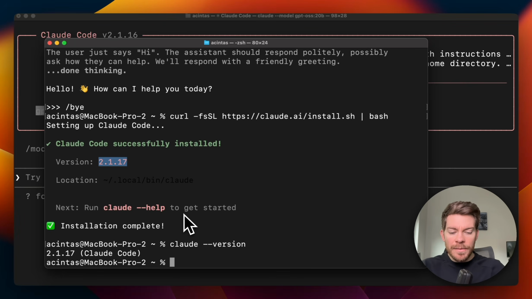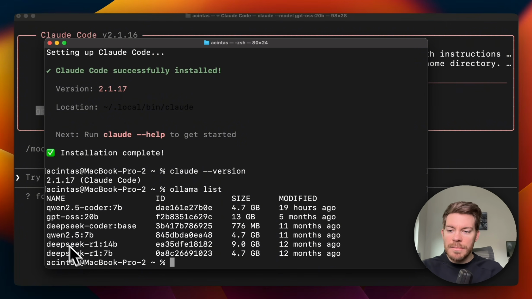Okay. Now, just to make sure that I show you the different models that I have, we can go with Ollama list. Okay. And these are some of the models that I have. For example, I tried a smaller version, which is the Qwen 2.5 coder, the 7 billion, and that one sometimes gives me some errors, right? GPT-OSS is a way more capable model,